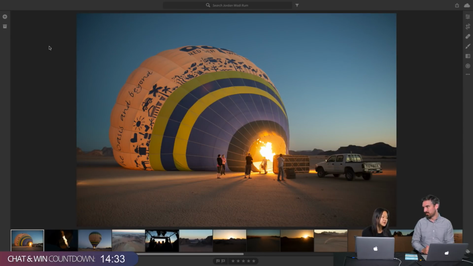I would say it was probably something like 5:30 in the morning, something very early. It was still pretty dark, so this was before the sun rose. And essentially the idea is to get the balloon inflated, get you up off the ground, and then you witness the sunrise from the air, which is really wonderful.